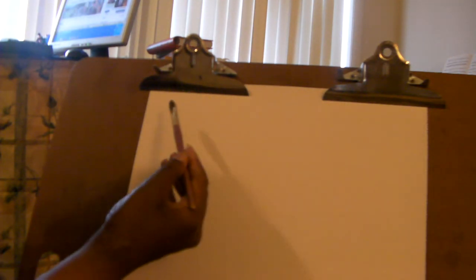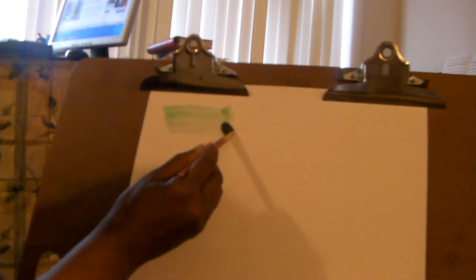And then you want to just run this across the paper. This is a watercolor splotch. I don't know if you can see that that well. And what you do is you go across the paper, and then when you go back in the bottom, you go about halfway into the previous color, and you go across again. And that's a watercolor wash. These washes will just help you to learn how to put the